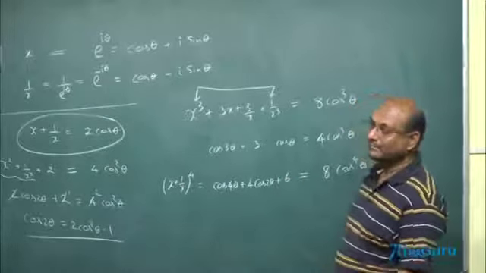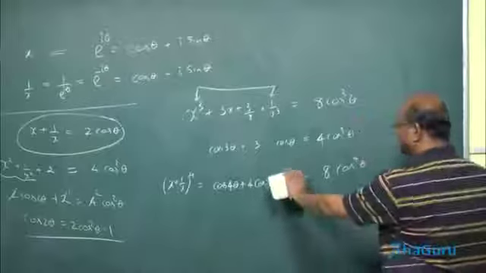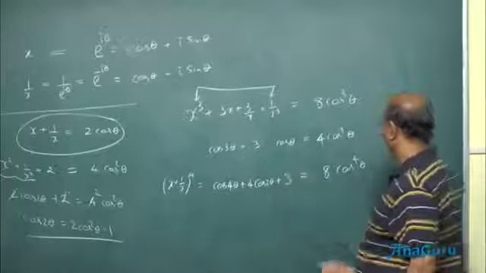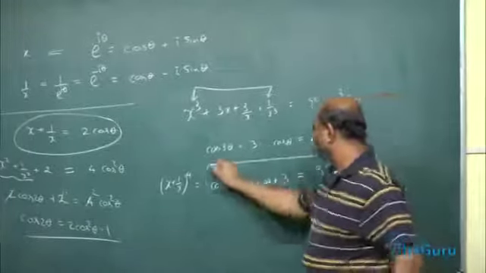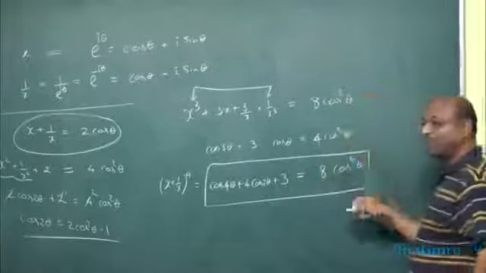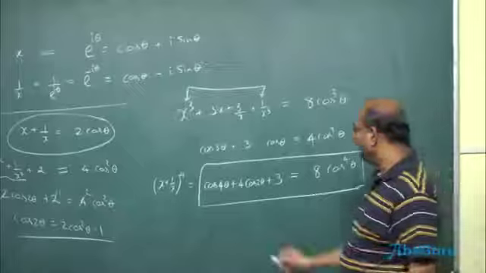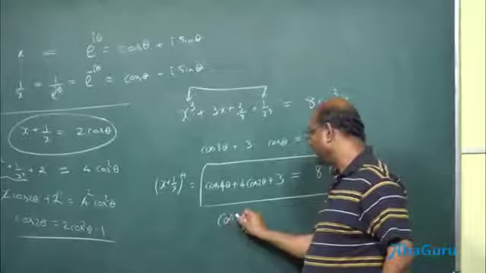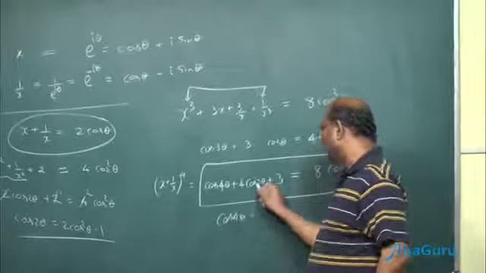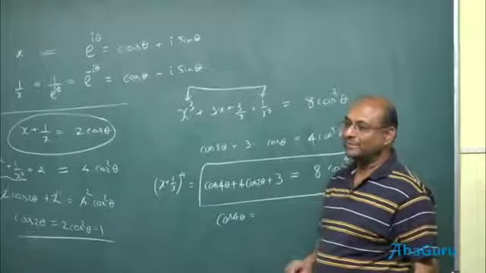Now this I have to divide by 2. So therefore this will become a 3. So we have got a formula for cos power 4 and we have also got a formula for cos 4 theta. Now if you feel like rewriting this whole thing, we can say, well, this one I don't like, I want to make everything into cos.